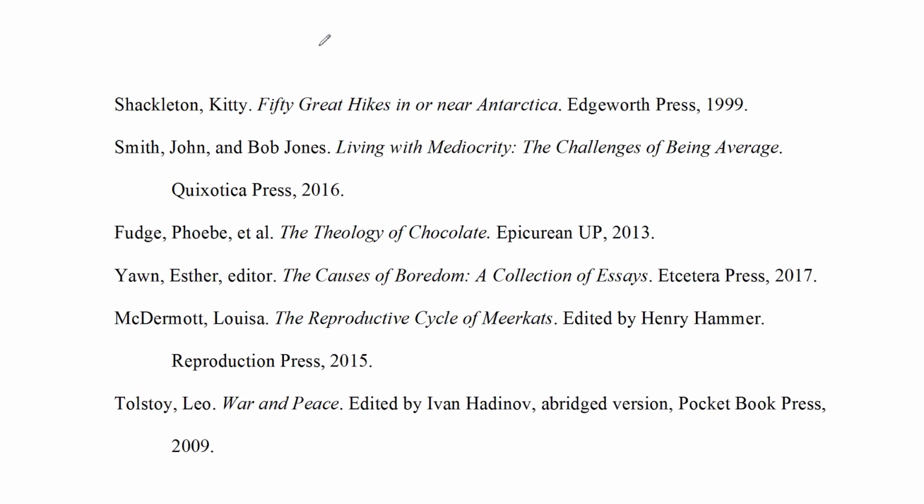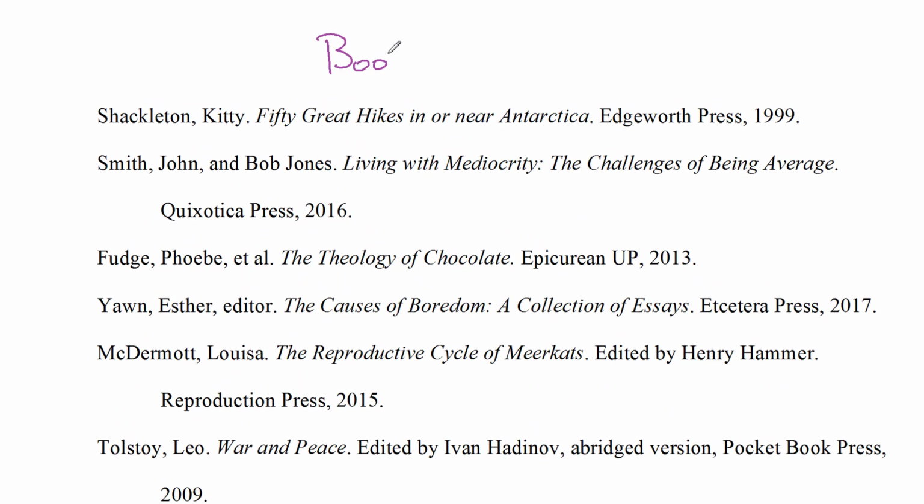Let's talk about how you can cite books using the MLA Guidelines 8th edition. I have not alphabetized these entries properly, as you would in your Works Cited. Instead, I have arranged them from sort of the easiest to the most difficult. So we're going to start with a basic entry, and there are just a few things that you need to